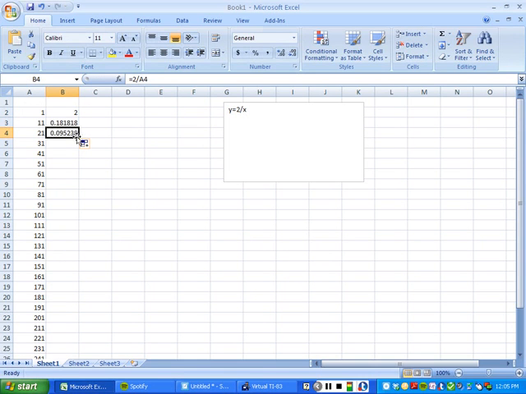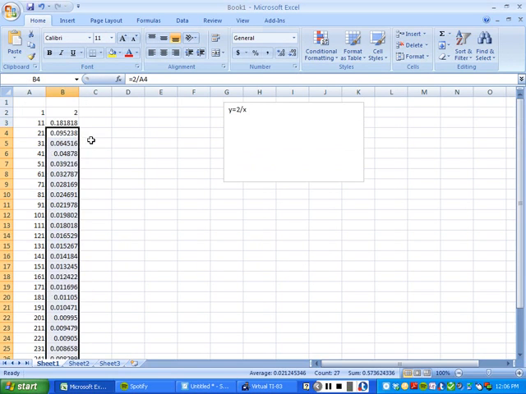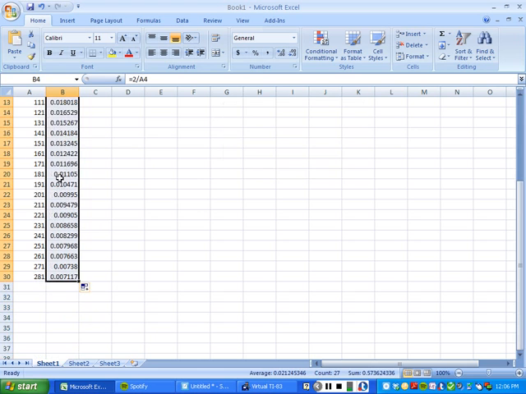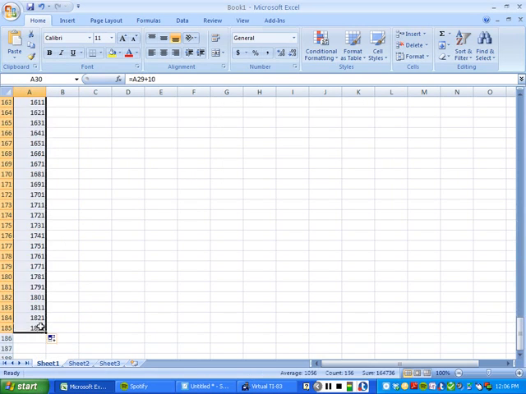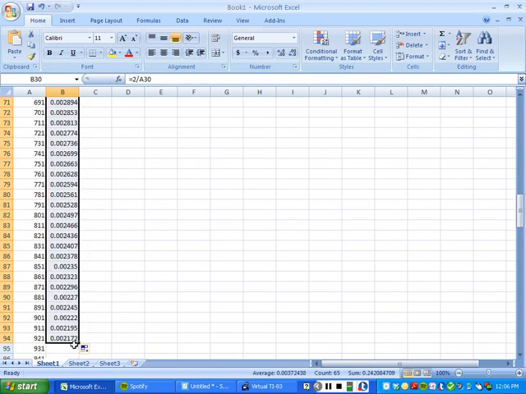So what's happening to this number as it gets closer and closer and closer to 0? Or as it's getting bigger and bigger and bigger? So what happens? Well, it starts at 2, then it's 0.18, then it's 0.09, then it's 0.06, then it's 0.04, then it's 0.039, 0.032, so forth and so on. So as this is getting larger and larger and larger, what happens to this thing? This is getting smaller and smaller and smaller and smaller.